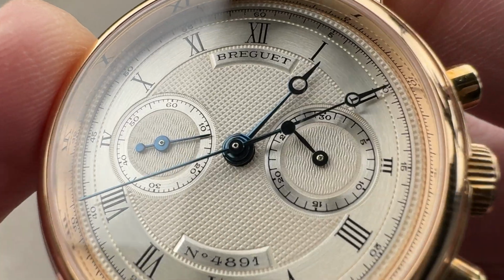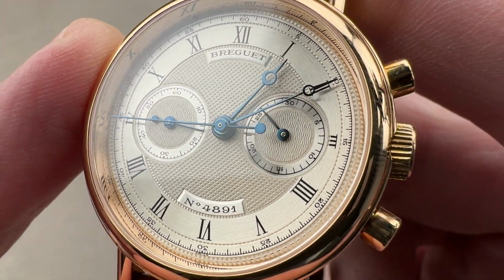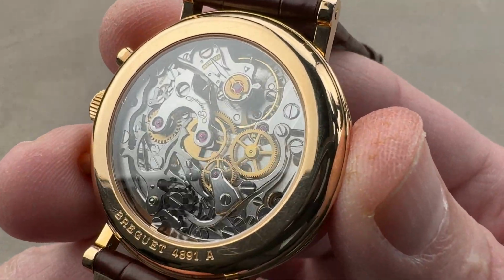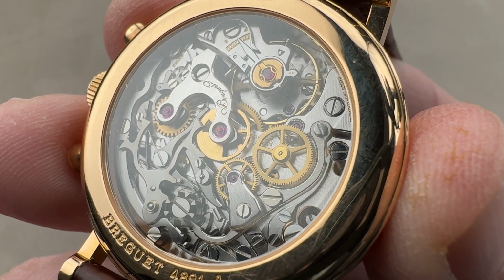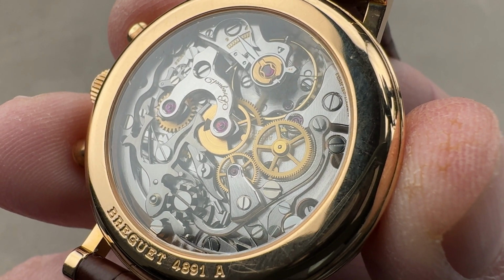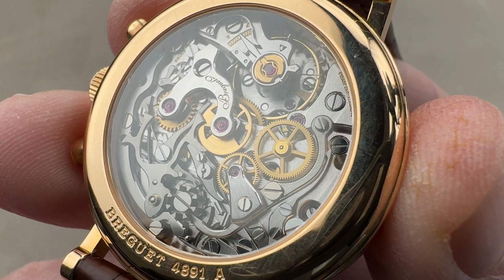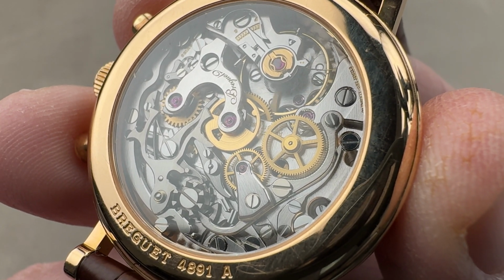Taking a quick look, you can see that the hands are all fired steel to achieve that lovely blue. And then around the back side, Breguet during this period had a strong relationship with Lemagne, and later on, both of them would be sold by the company Investcorp, which bought Breguet from the Chaumet brothers, and Lemagne and Breguet would become one company and fully